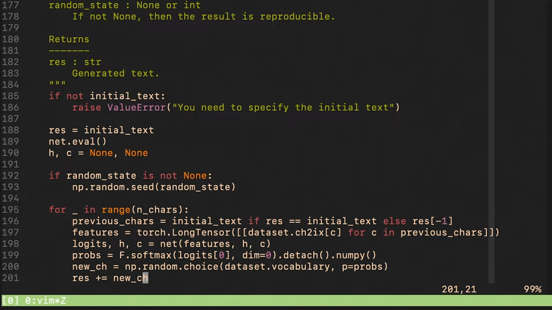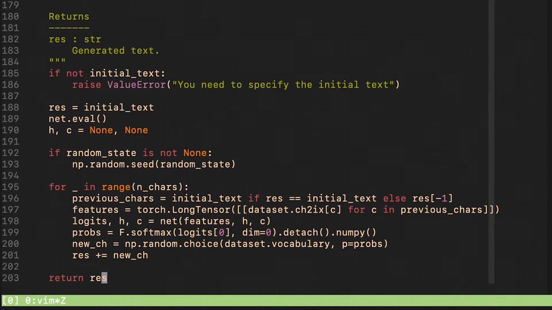We turn the logits into the probabilities, then we sample a new character, and finally we add the new character at the end of the resulting string. Alright, now we have everything we need and we can write a small training script.